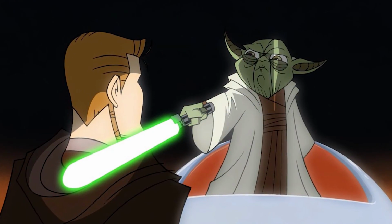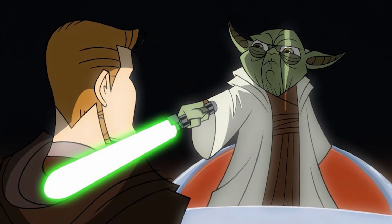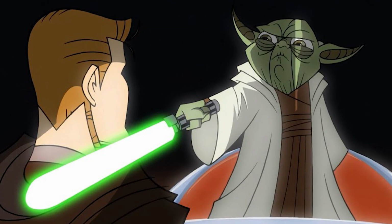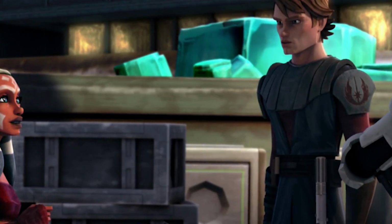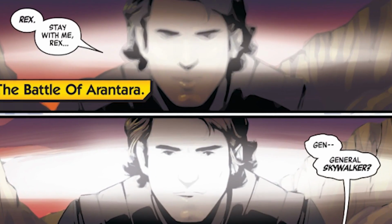Rex was appointed to become Anakin's clone captain shortly after he was granted the rank of Jedi Knight by the Council, making him the second in command of the newly formed 501st Legion. He was of course later moved down to third in command when Anakin was given a Padawan of his own, Ahsoka Tano. So this brings us to the first known canon battle where Anakin and Rex fight side by side,